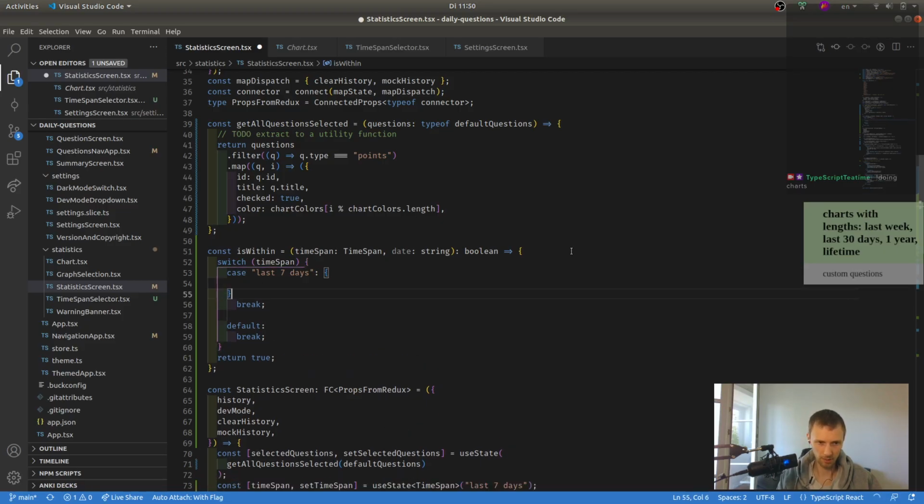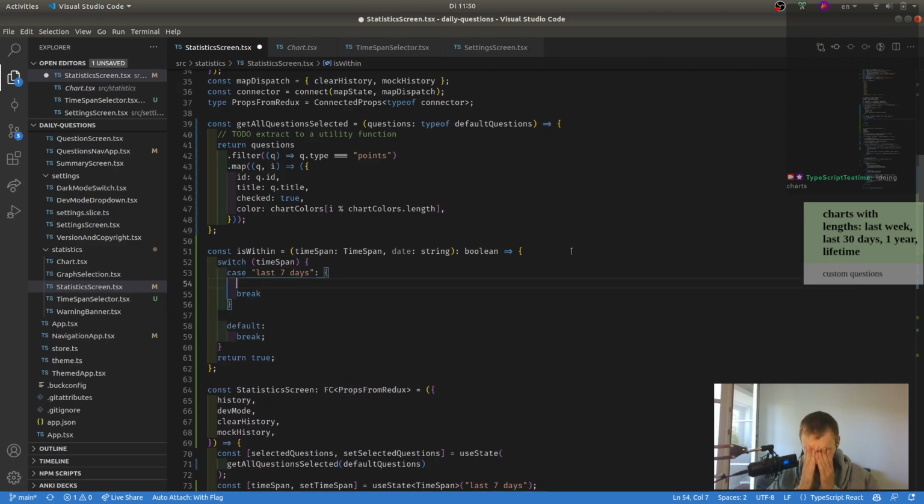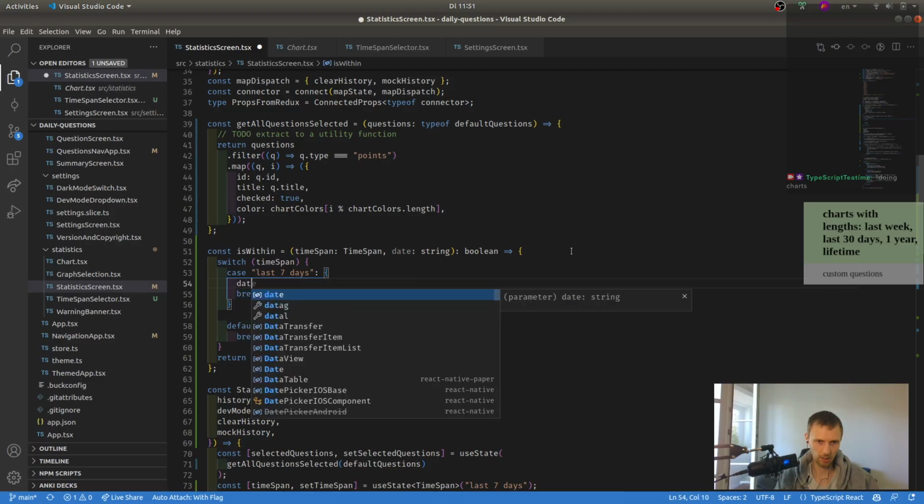Wrap this inside of brackets so that we can use the same variable name, just creating a new scope. So within the last 7 days, we want to check where the date is, if